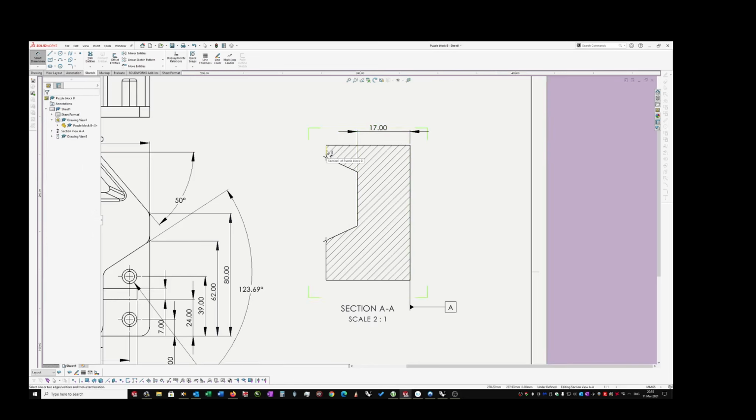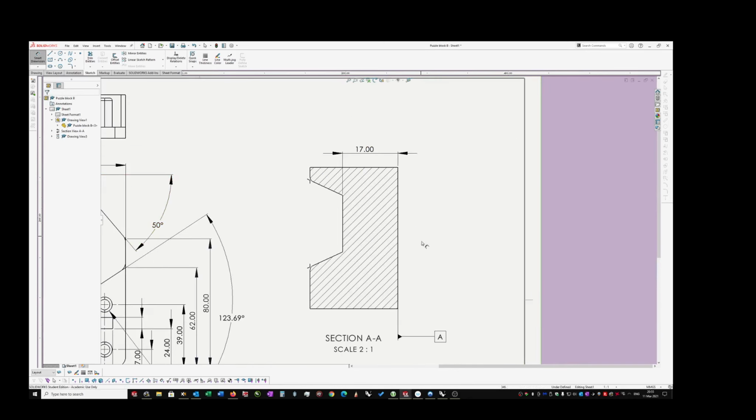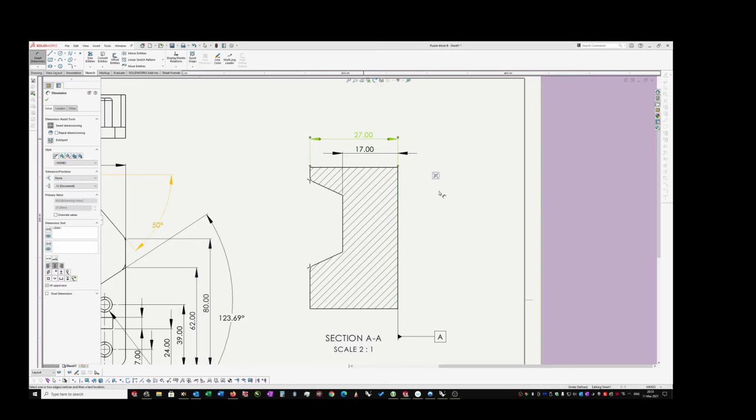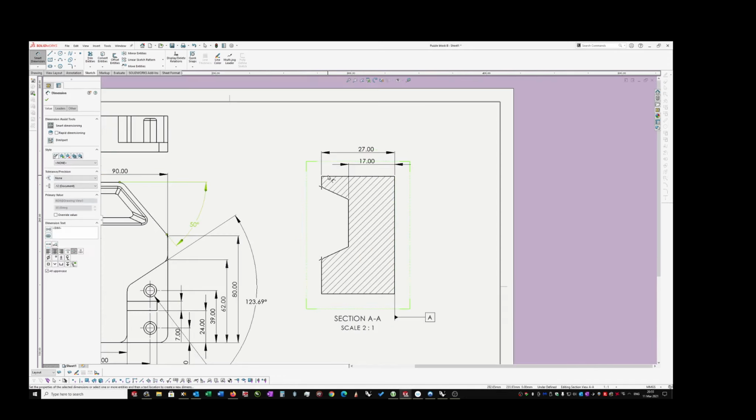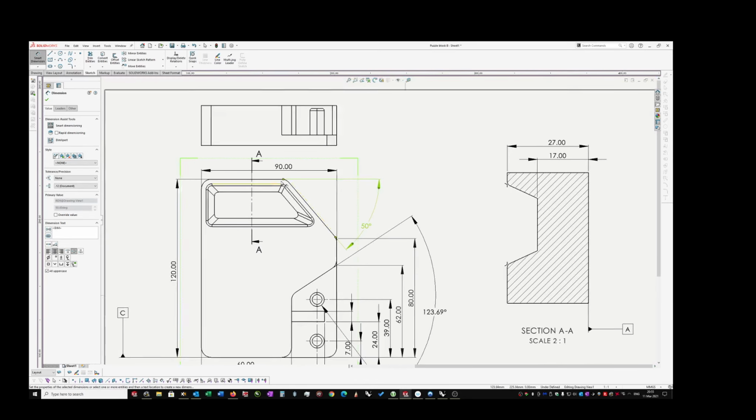This dimension, for instance, would not be right, 10, because that line there is not a datum. Here's the datum. So if you did this one here, you get marked down. Okay, so remember, datums, essential. Now I want the overall height. I can just put this in here because I don't need to worry too much about space concerns. Okay, and now if I have a look at my top view,